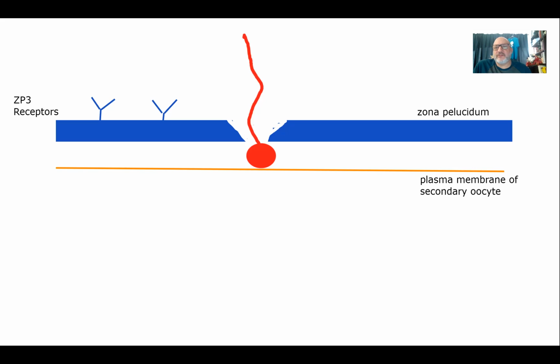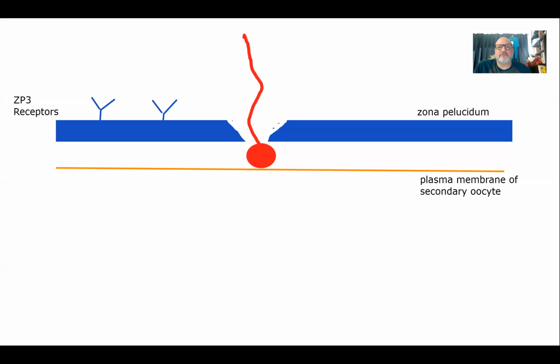Now, there are special receptors on the surface of the plasma membrane. And again, in another misnomer, I guess, for lack of a better term, the sperm doesn't actually penetrate the egg. What the sperm actually does is come in contact with that receptor. And when it comes in contact with the receptor, then the egg endocytoses